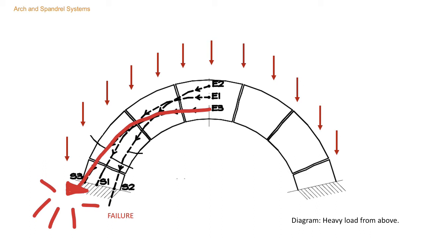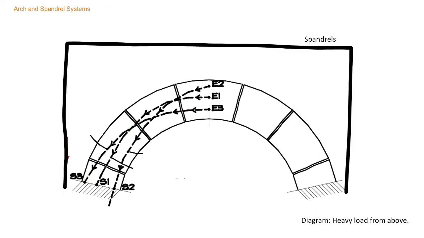To overcome this, the Romans created what's known as the arc and spandrel system. And that looks like this. It looks exactly like the Pont Saint-Martin that we saw earlier. Now, up above that arch,